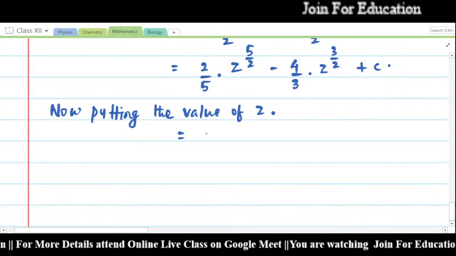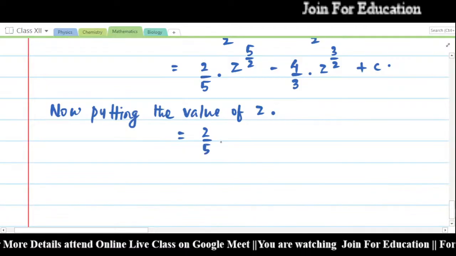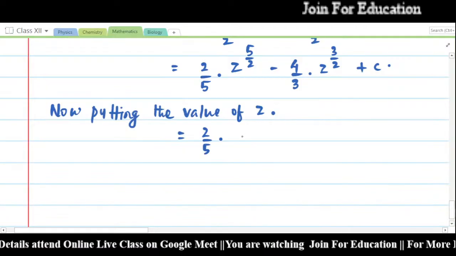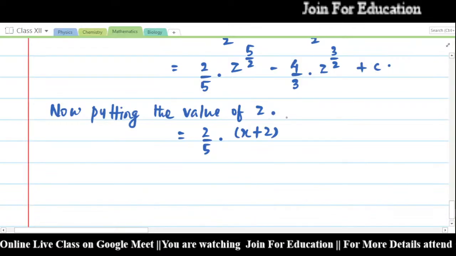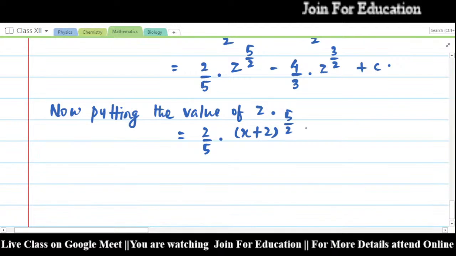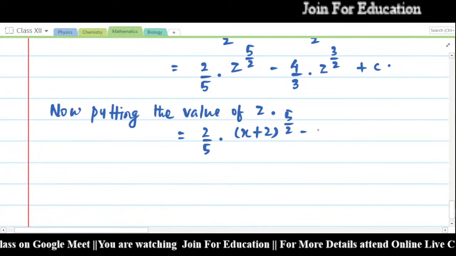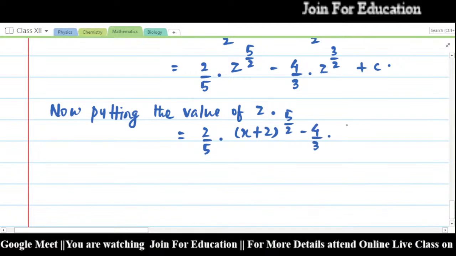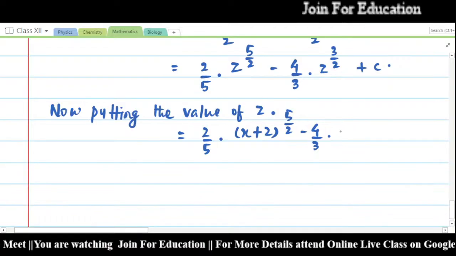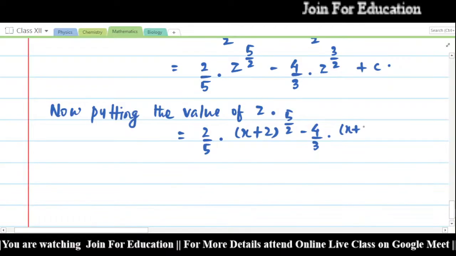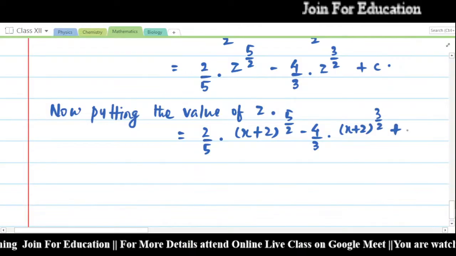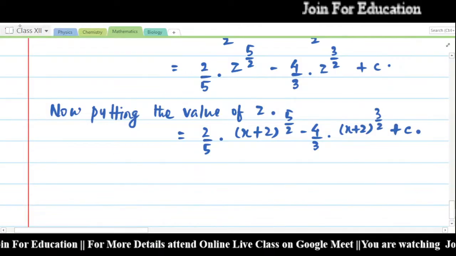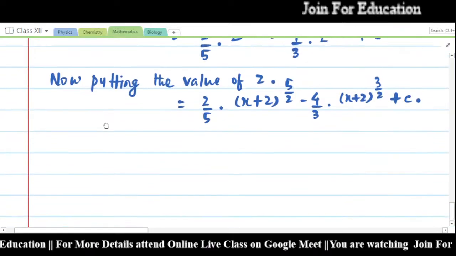So we write down here 2 by 5 into x minus 2 to the power 5 by 2 minus 4 by 3 into x minus 2 to the power 3 by 2 plus c. So the final step here will be